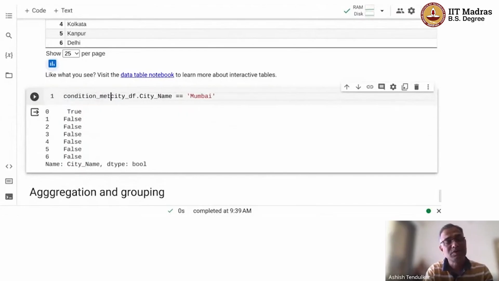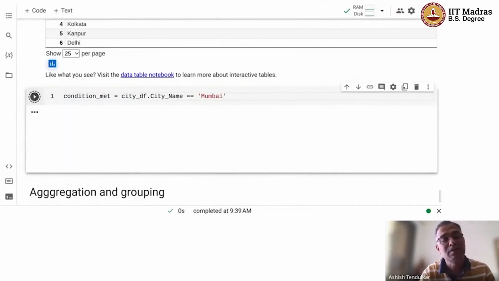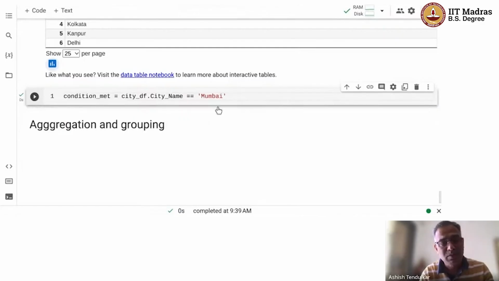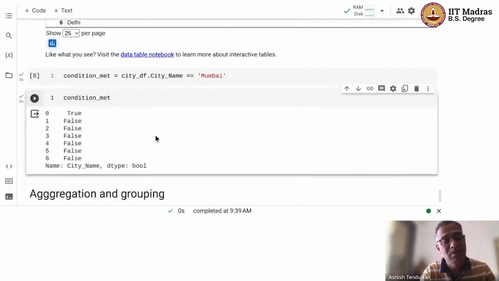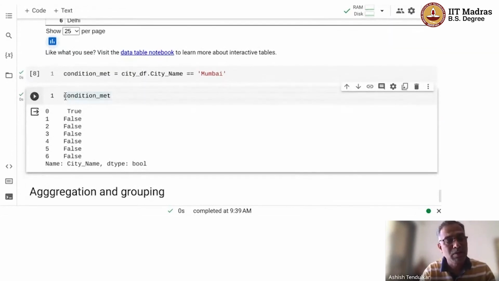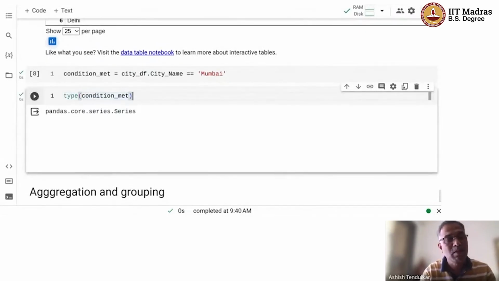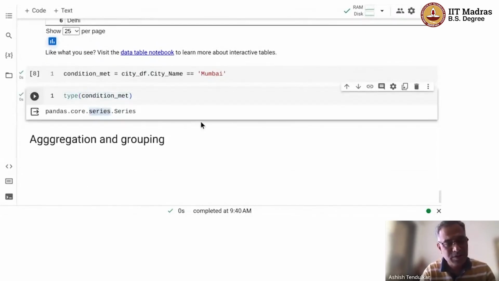So conditions met. Now you can see this conditions met. So this is a series object,